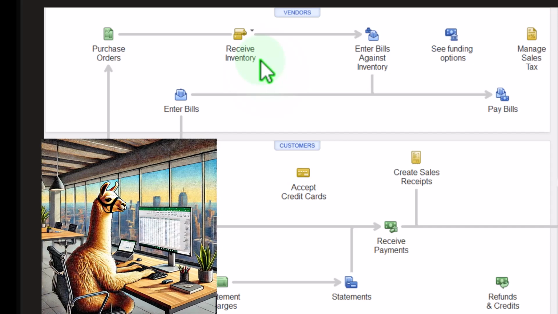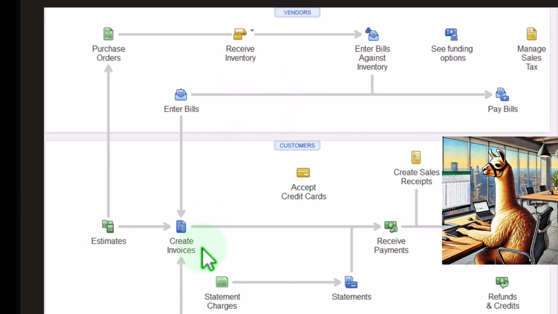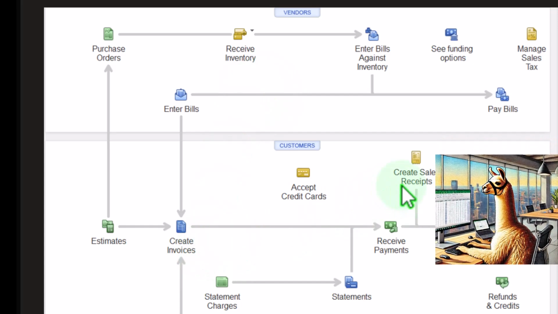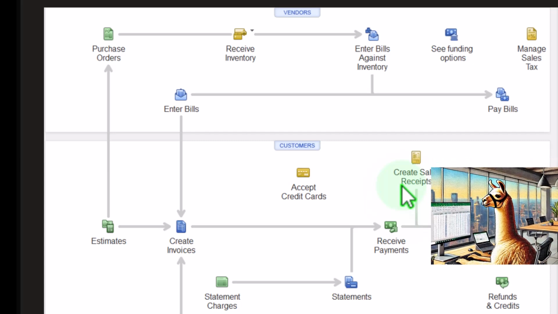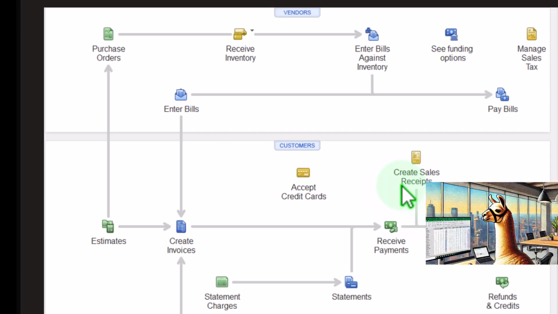And then when you sell the inventory, if you're using a full service perpetual system, you typically would need to use an invoice form or a sales receipt form to properly track the inventory within the accounting system, or you can work around that by using a periodic accounting system, tracking the inventory outside, as we talk about in a Shopify store or something like that, which we have a whole other course or section on. So inventory will throw a wrench into the system